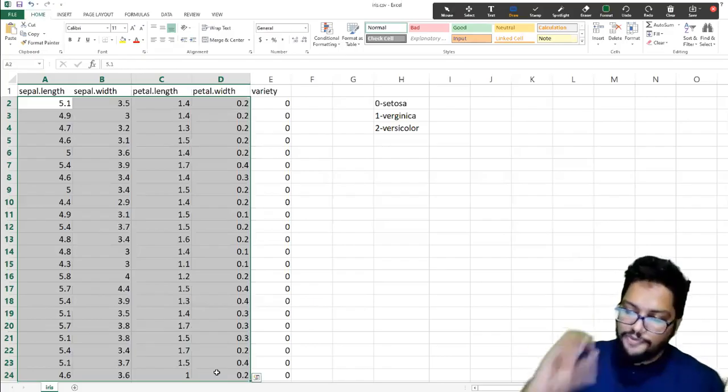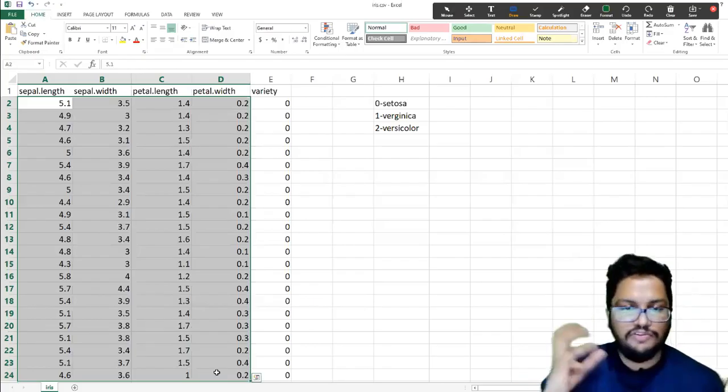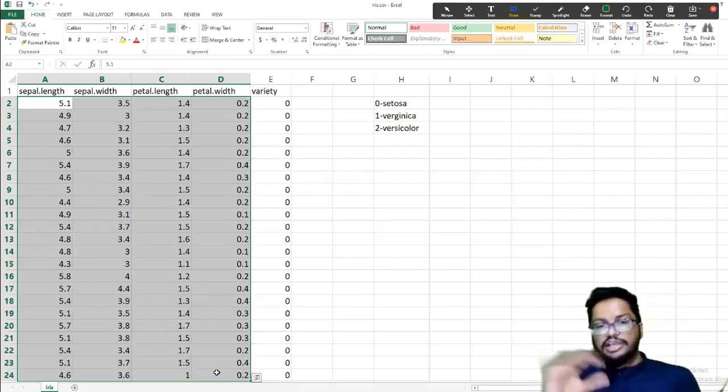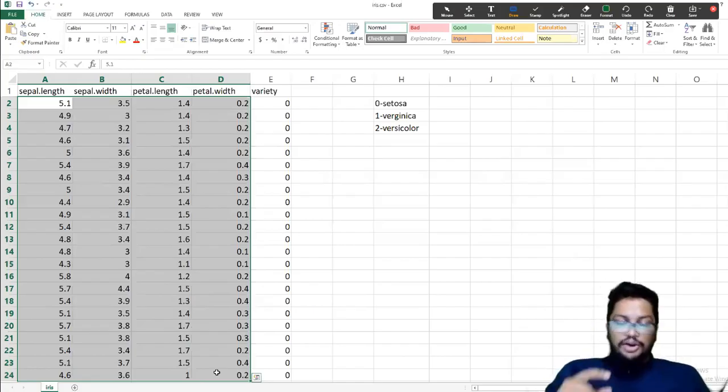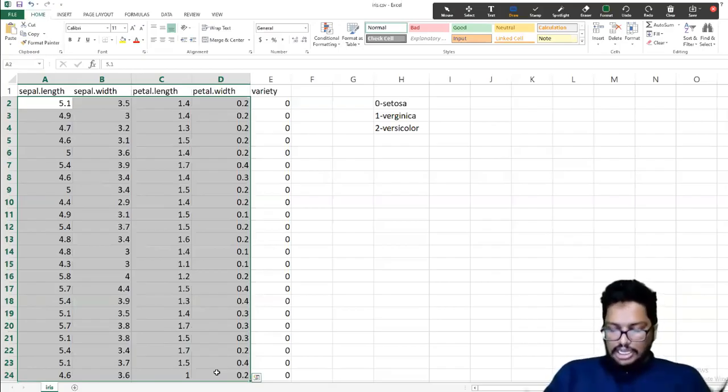Now, before concluding that this algorithm that we have trained is giving good results, no, you can't conclude it. What you have to do is evaluate your algorithm. That's the most important thing. In order to evaluate the algorithm,